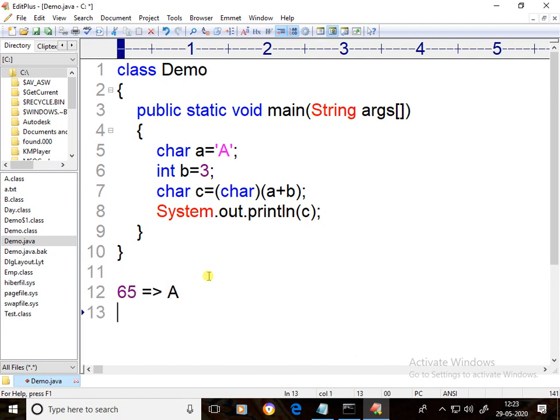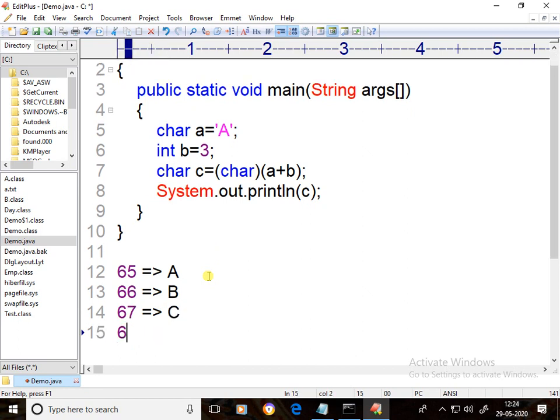Like that 66 means capital B, 67 means capital C, 68 means capital D. So 65 plus 3 is 68. 68 means capital D, because we are printing in character format, that's why the output comes as capital D.